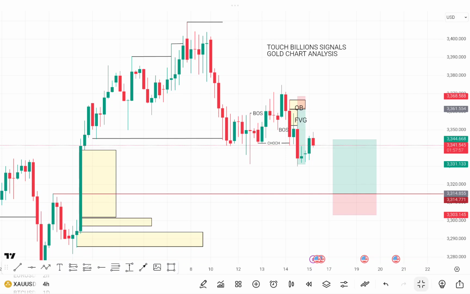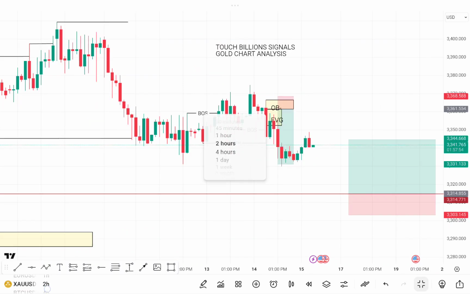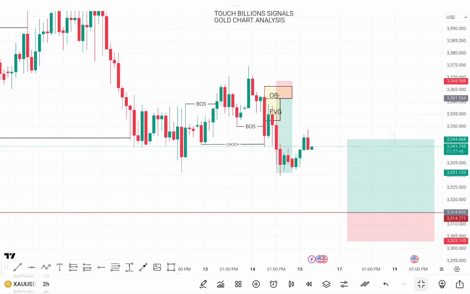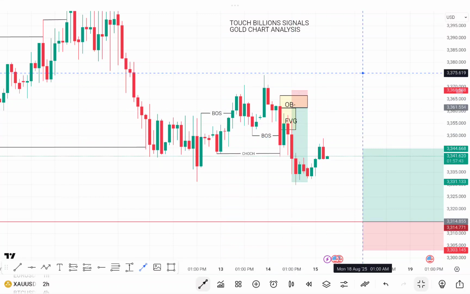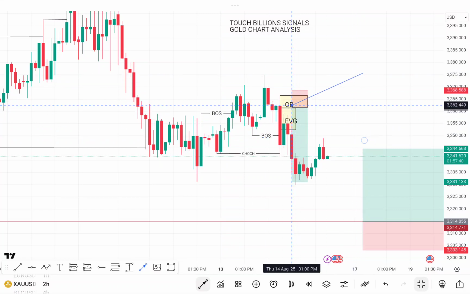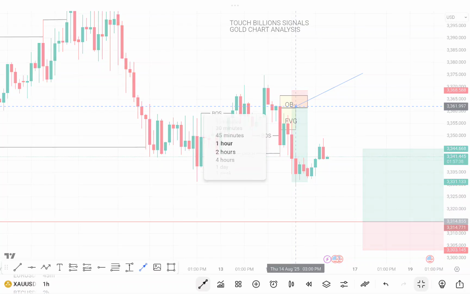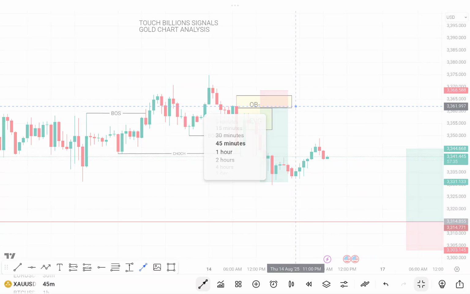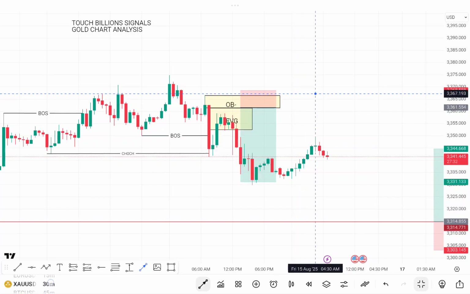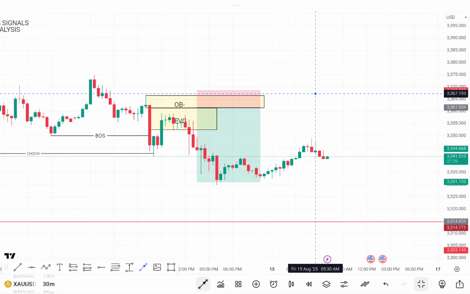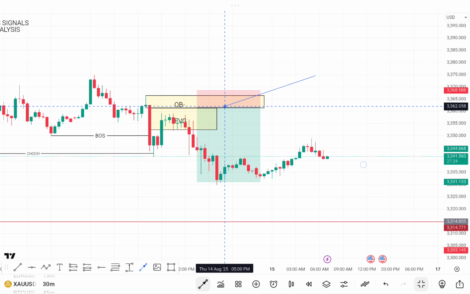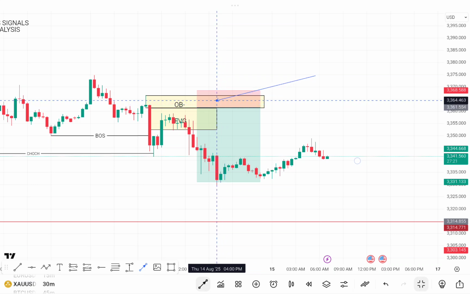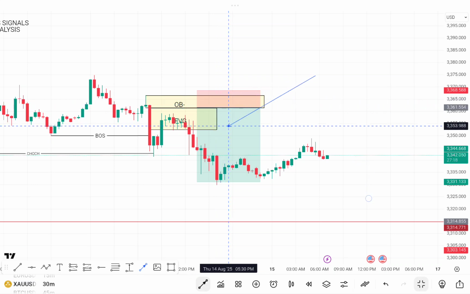In the last episode, if I go to the lower time frame, we actually looked at the possibility of the market coming to this particular point here. Let's go to the 45 minutes time frame. The 30 minutes time frame would give us what we're looking for. Yes, so this was what we pinpointed, this zone here. We said that the market was to react from this particular zone and go down.